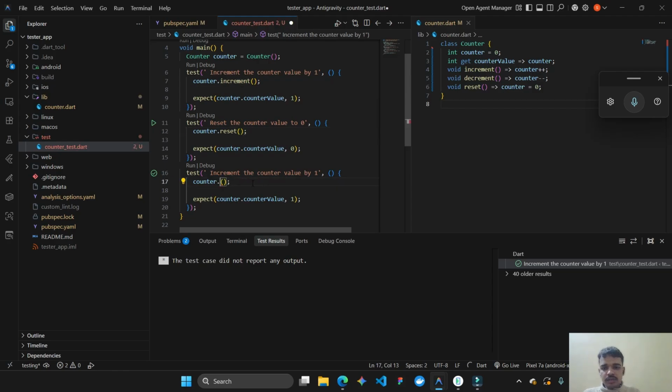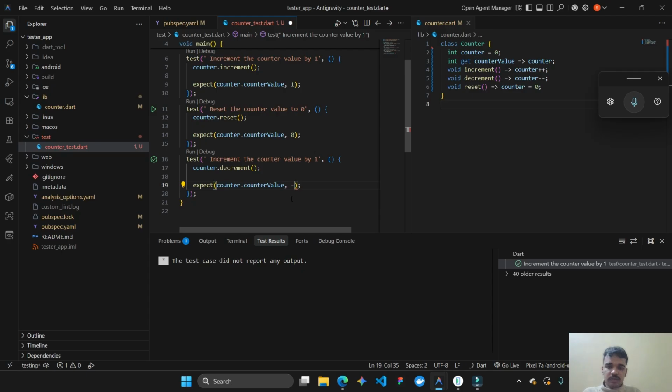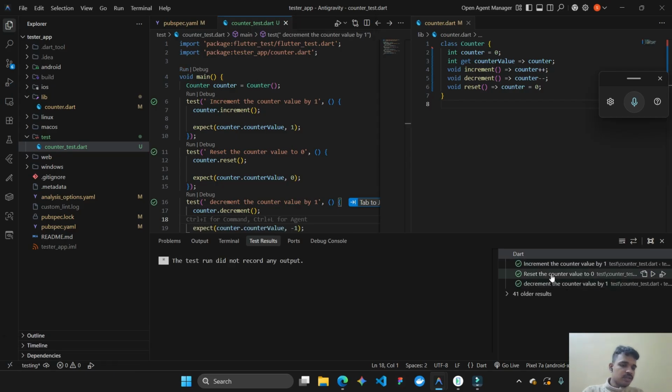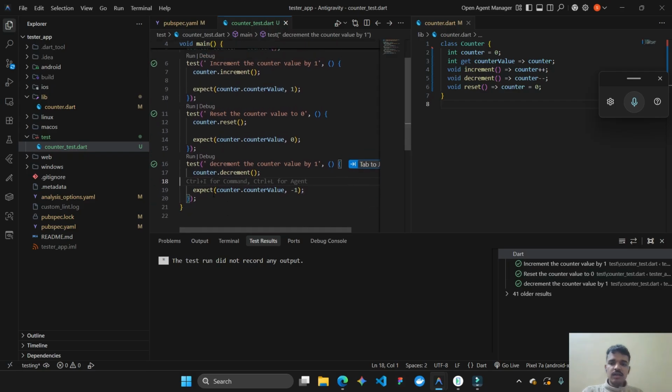Now for decrement, I'm going to call decrement, and the value should be -1. Now when I run the test cases,